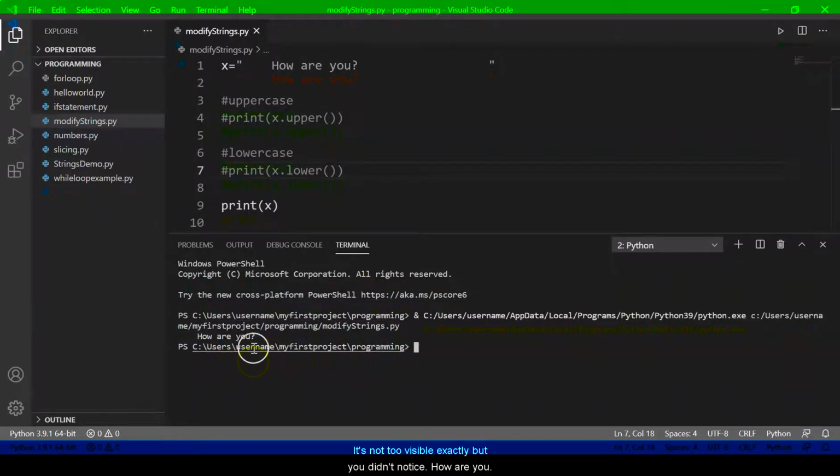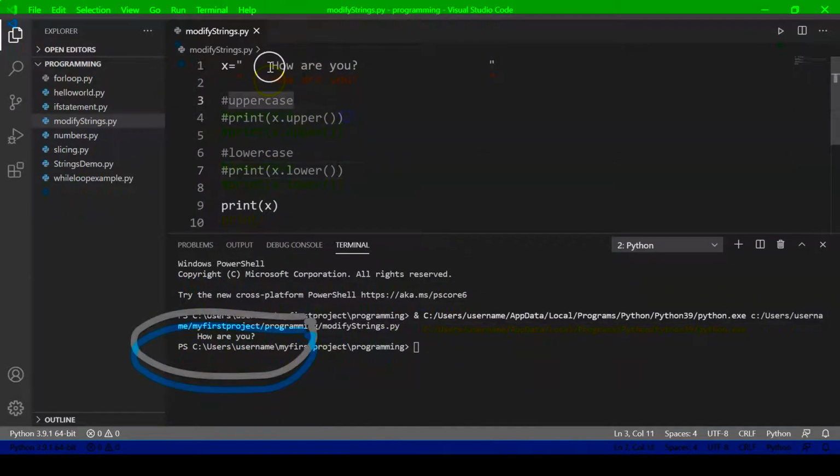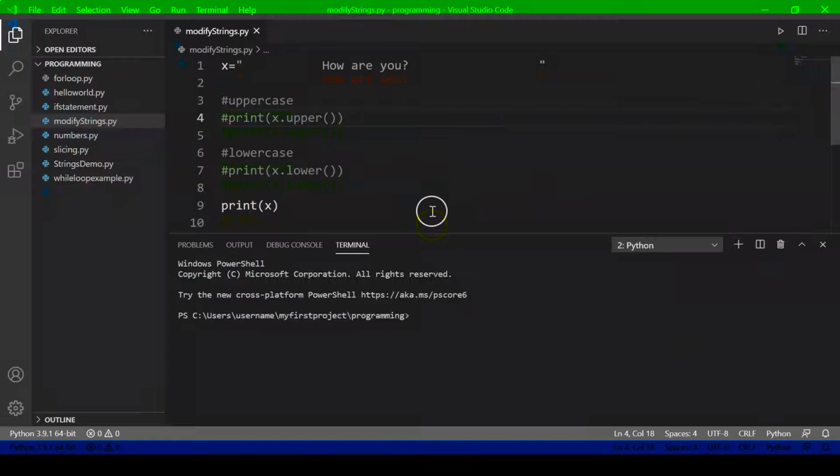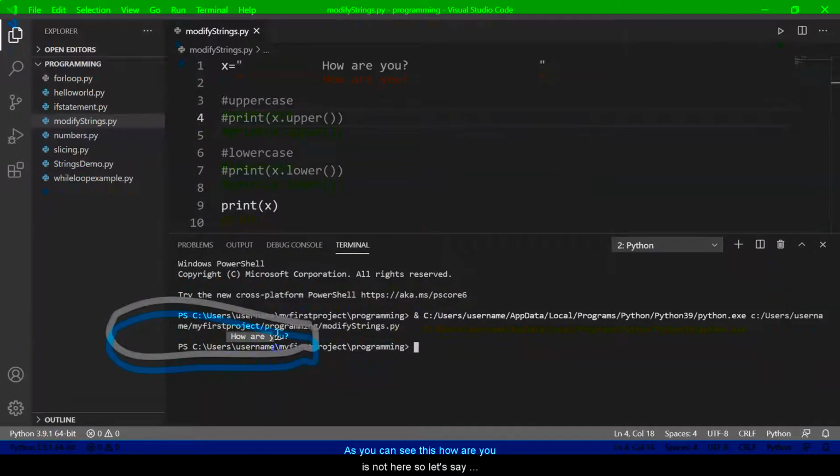In the terminal it's not exactly visible, but we can notice that "how are you" got shifted. Let me put a bunch more spaces, and we can see more. As you can see, "how are you" is now here.